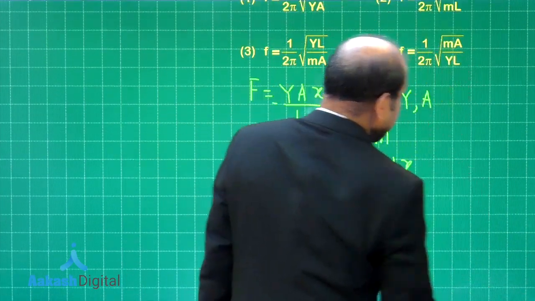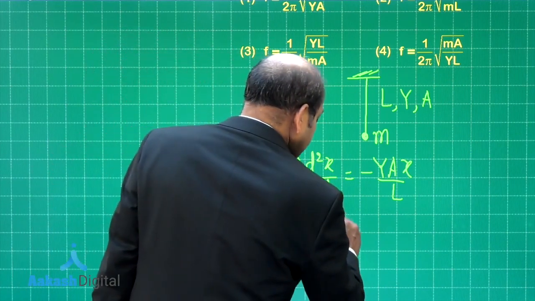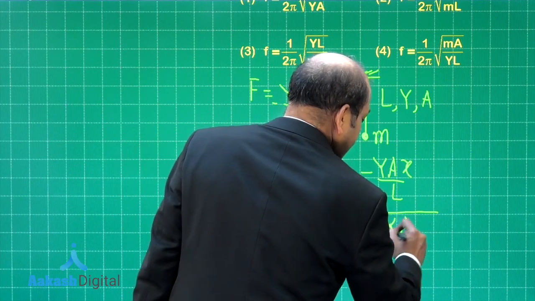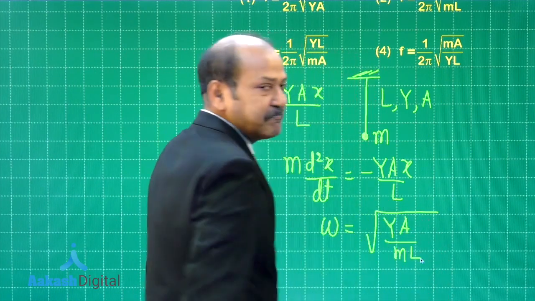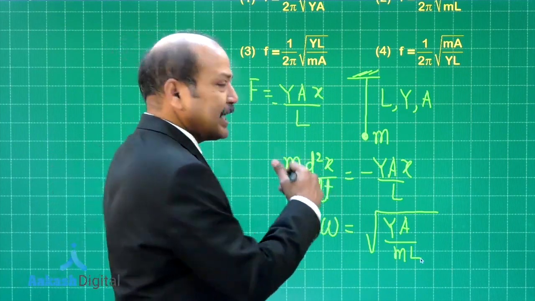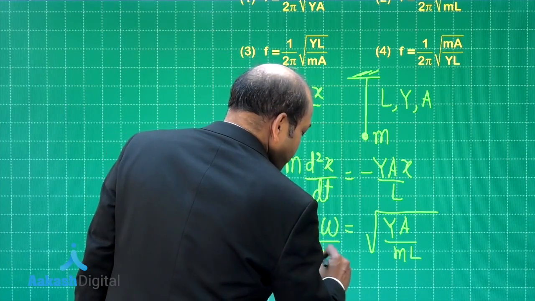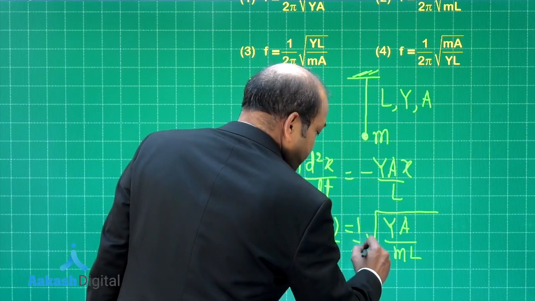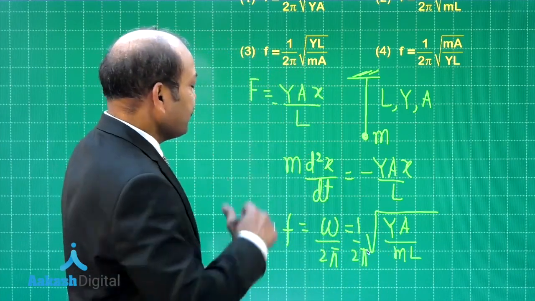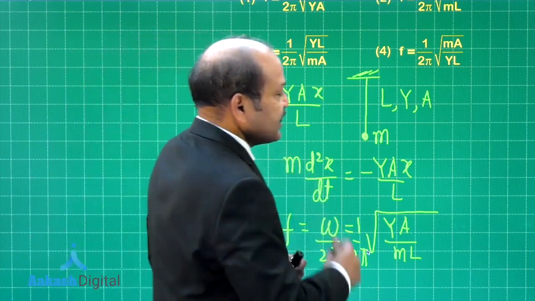this now gives us the expression for the angular frequency of the oscillation. We can now put the angular frequency omega as under root of y a divided by m into L. And to find the frequency, we need to divide omega by 2 pi. So, we have frequency which is equal to omega by 2 pi. So, we put 1 by 2 pi as another factor. Now, we have the expression for the angular frequency, or rather the frequency of oscillation of this object.